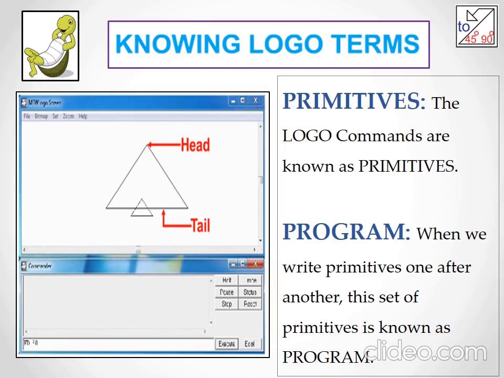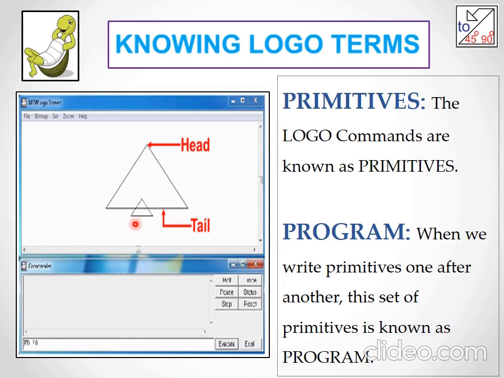Fine. We need to know the terms of Logo. Before that, let me explain our hero's features. Now, can you see a triangle? How is our hero, this turtle, represented? Yes, a triangle. Very good. So now can you see he has certain parts.